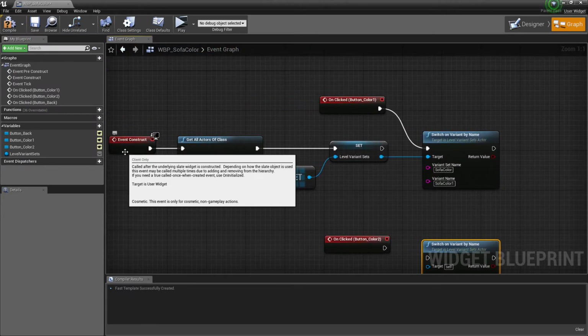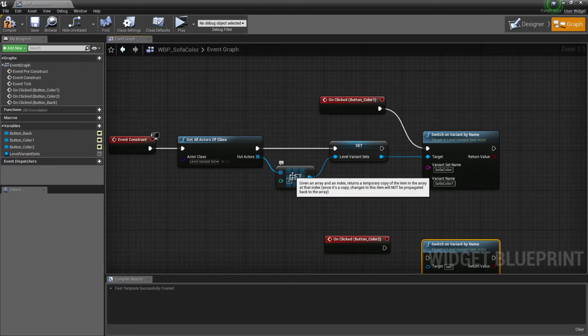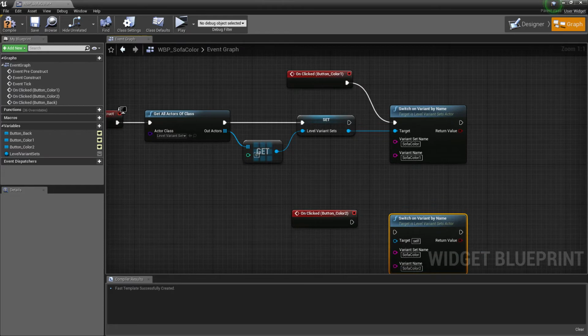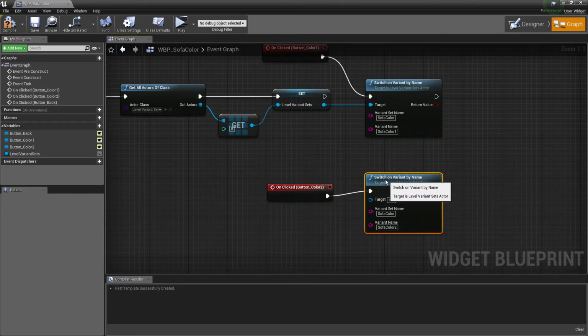Remember all these nodes when you create a widget to swap materials or meshes. Let's connect button 2 to the second variant.